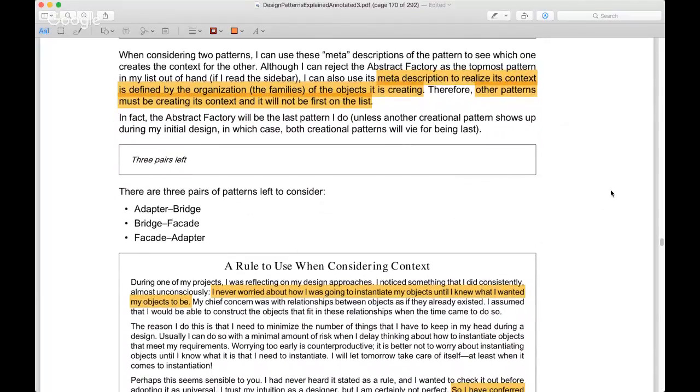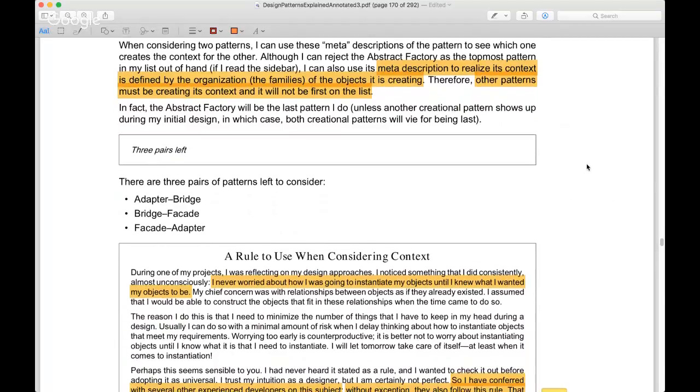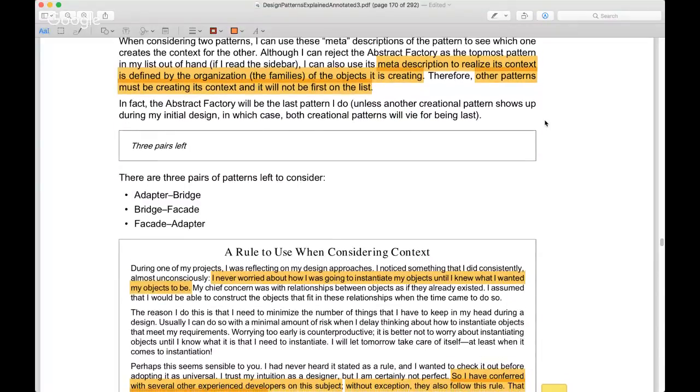Okay, so if you can remember those meta descriptions, then you begin to see which one creates context for the other. So although I can reject the abstract factory as a topmost pattern, if he reads a sidebar, he can use its meta description to realize its context is defined by the organization of the,